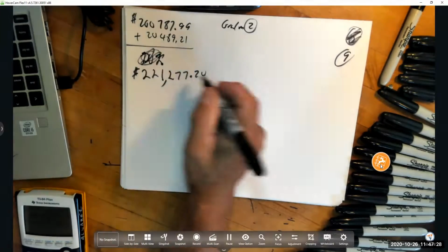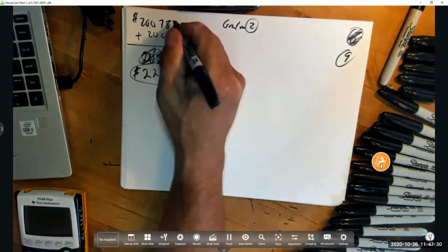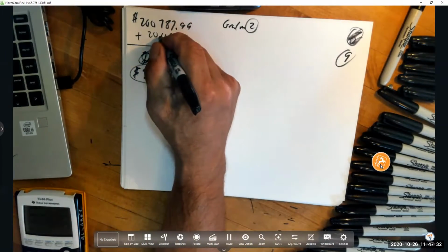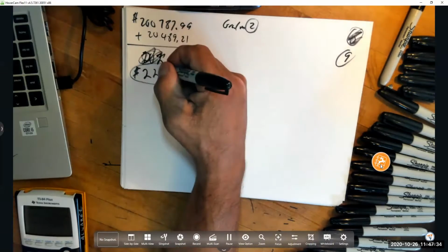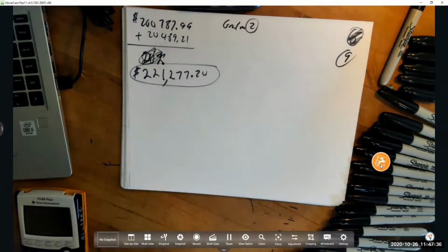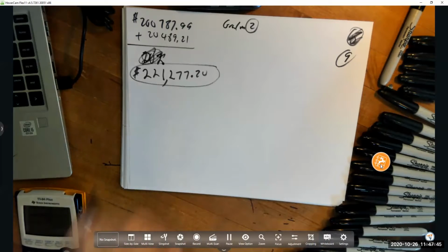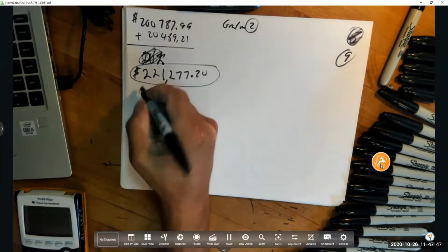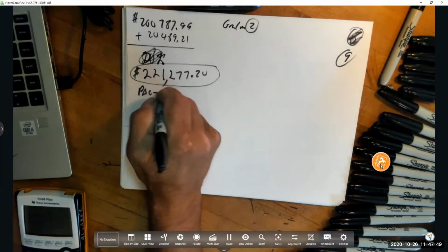So grandma 1, grandma 2. This one leaves you 20,000. This leaves you 200,000. So right now you have $221,277 in your checking account or savings account. Transfer all of it. Take every penny out of that account. Put it in there. And then, since you're a senior already out of high school, let's go to PAC, semester